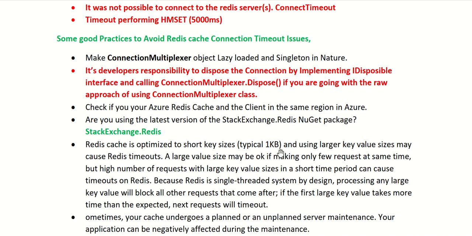Check if your Azure Redis cache and the client are in the same region in Azure. When we create this Redis cache resource in Azure, ensure that the client application which is going to access your Redis cache falls into the same Azure region. What I have seen is that I have received some issues from the customer base or from the production environment, that sometimes the connection times out while getting or setting cache entries from your distributed Redis cache. So when we did the analysis, it was found that